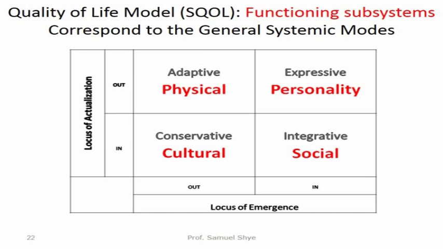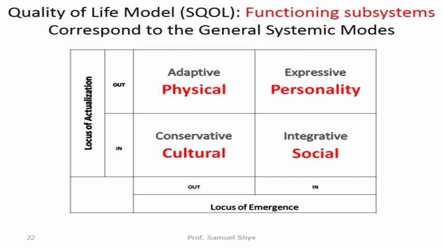These 4 forms of functioning are rationalized, again, by a 2x2 scheme, namely 2 elementary facets that are binary. One application of the faceted action system theory is to the quality of life of human beings. The application of the faceted action system theory to the human quality of life equates systemic modes with subsystems of